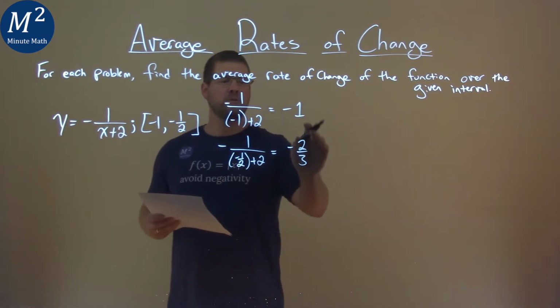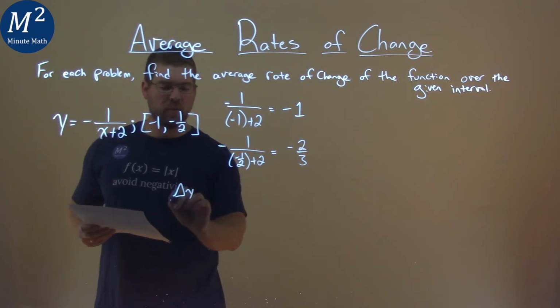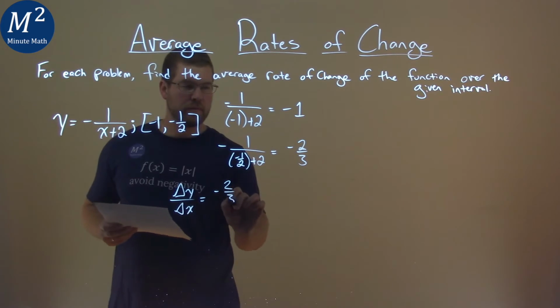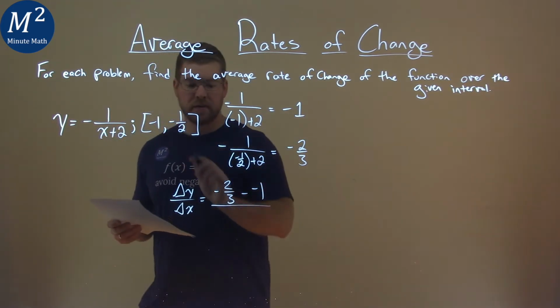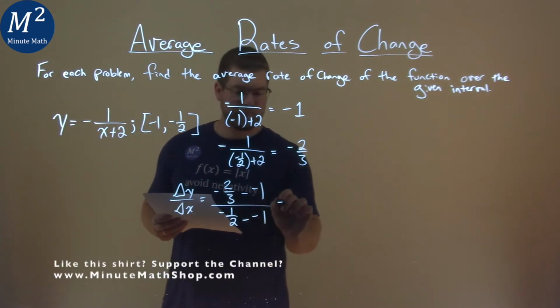So now we have our two y values. We can use our formula. Our formula for the average rate of change, the delta y over a delta x, is equal to negative 2/3 minus a negative 1, the change in the y's, over the changes of the x's. Negative 1/2 minus a negative 1. Well,